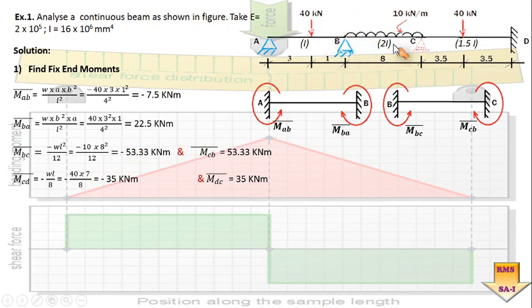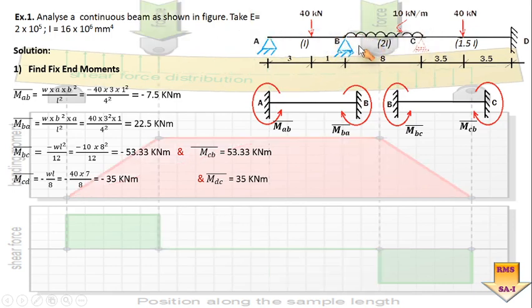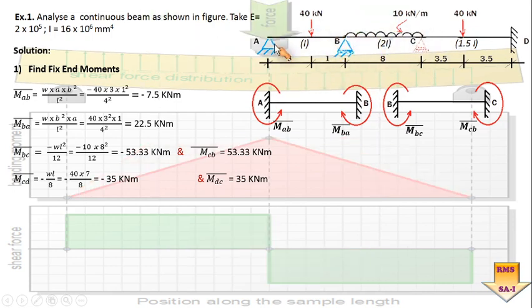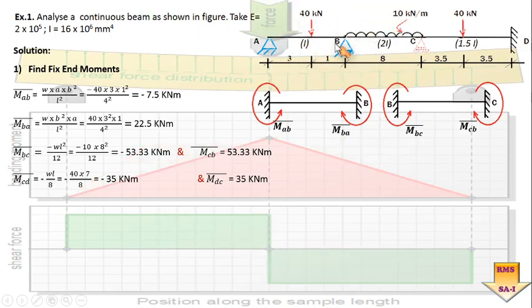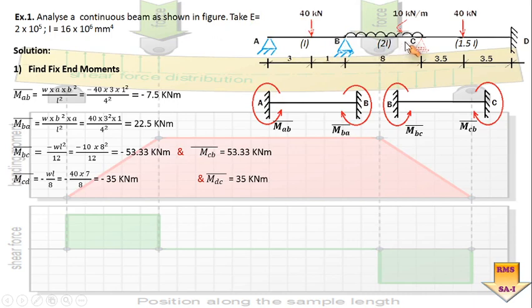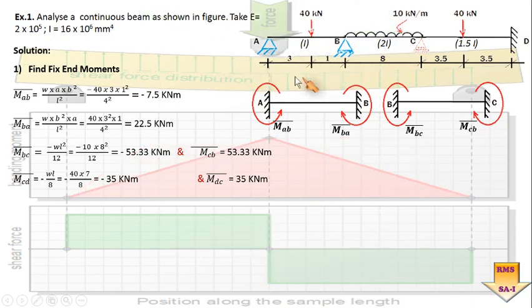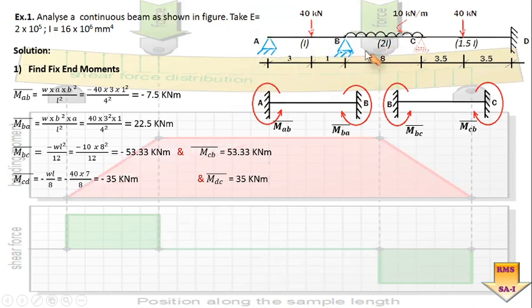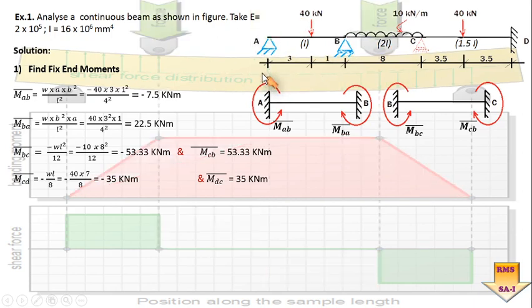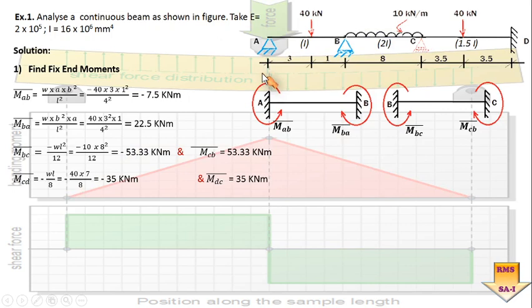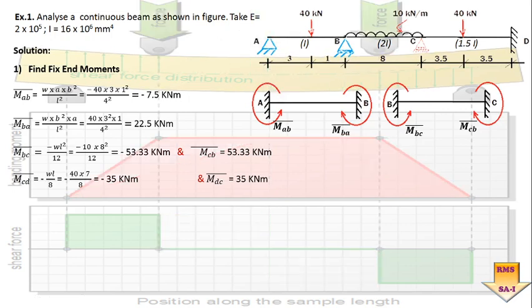So at B point and at C point there will be the displacement in terms of the rotation due to the various types of loading. So at B and at C there will be the rotation. So these are the two basic unknowns which are to be found out by the analysis of the slope deflection method. Now after finding out the fixed moment, the second thing is to understand what the boundary conditions are for